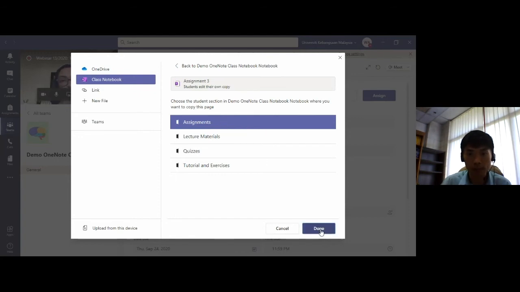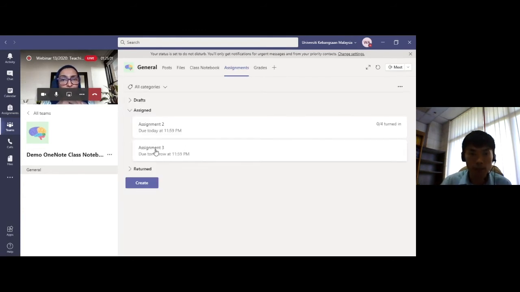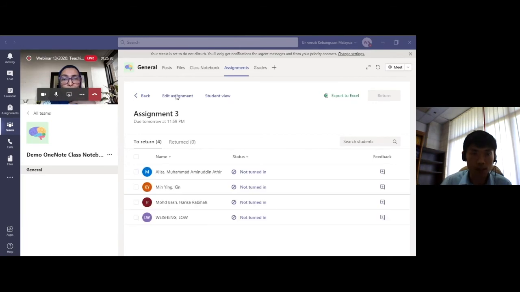So I click done. Then when I assign the students with this homework, students through the Teams can access the assignment 3, and when they click on the link, they will be referred back to this assignment 3. So they will have their assignment 3 appear here. So you see, I created an assignment.